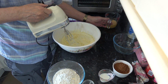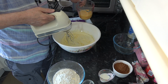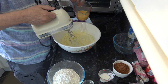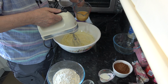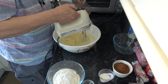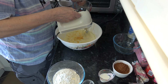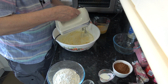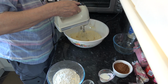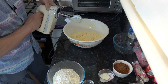And with the butter creamed into the sugar, I'm going to add the eggs, and I've beaten these eggs, and I'm going to add them a little bit at a time and get them fully incorporated. Now if the mixture curdles, it doesn't matter because it will come back together as we fold in the other ingredients. Okay, so that's the